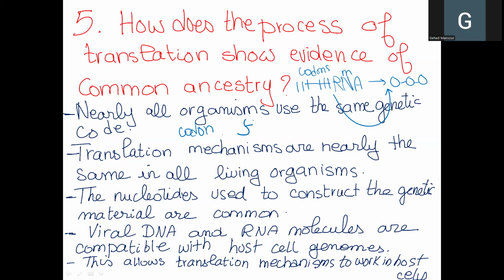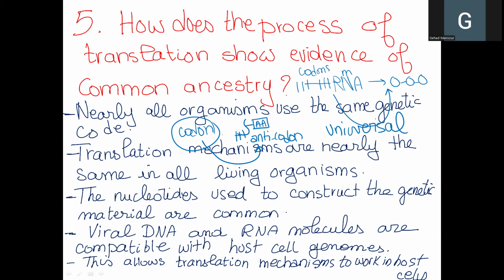We need a transfer RNA with a specific amino acid, and this transfer RNA should have an anticodon that is complementary to the codon. We need, of course, a ribosome. We need releasing factors. So if I tell you that the genetic code that is represented on messenger RNA is universal, meaning that every codon codes for a specific amino acid,